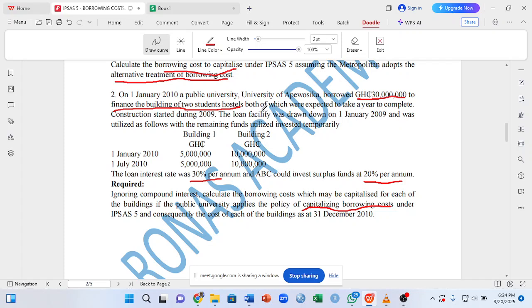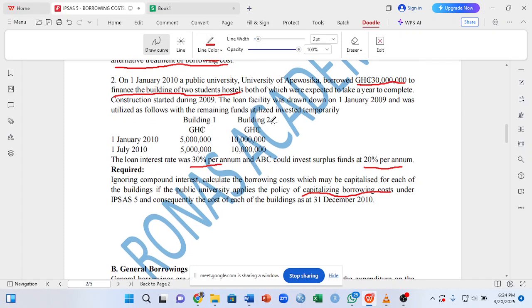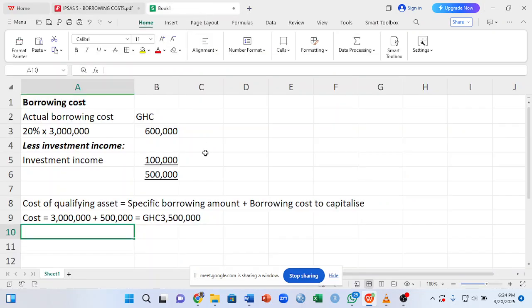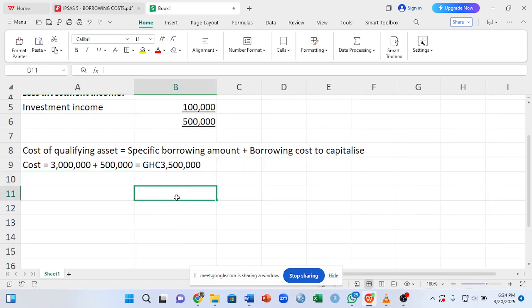So how do we go about it? You remember the formula? It will be the actual borrowing cost incurred minus your investment income. So let's do that for this one as well. We have it in two: building one, building two. So let me bring that building one